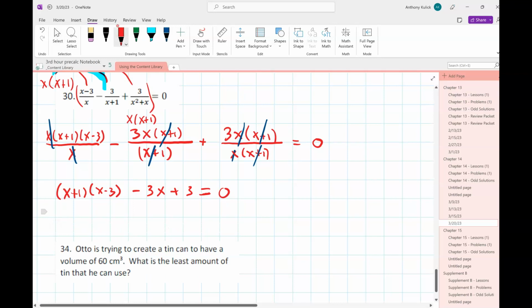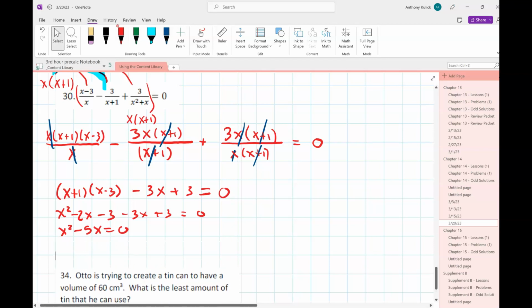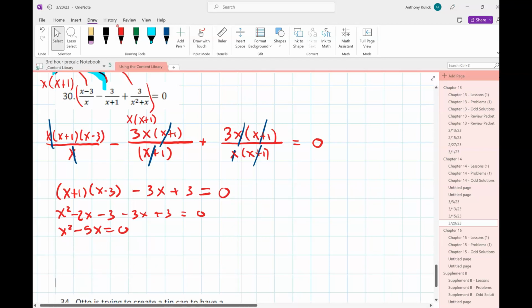Great. So we'll FOIL that out. Okay, Maddie, what next? What I got was x squared minus 5x equals 0. Good. So we combine like terms. Great. That's what you should get. And then